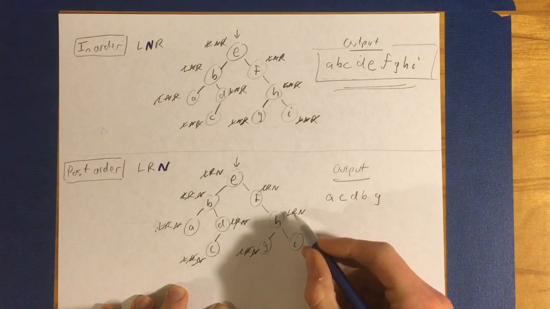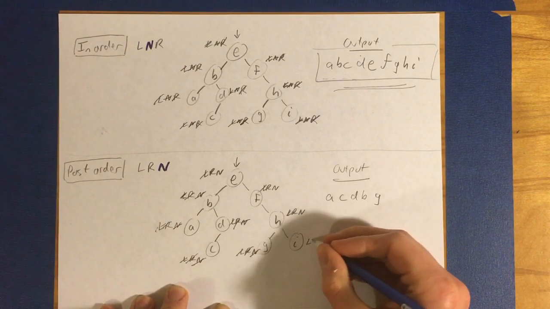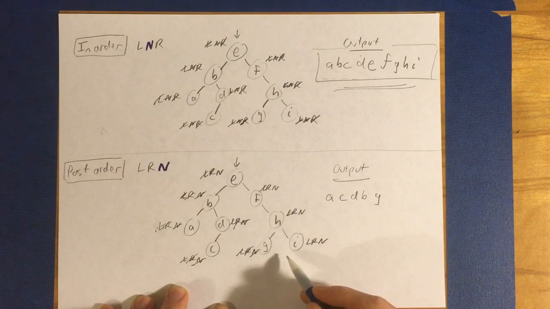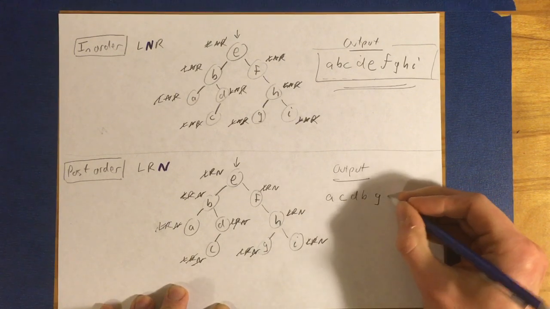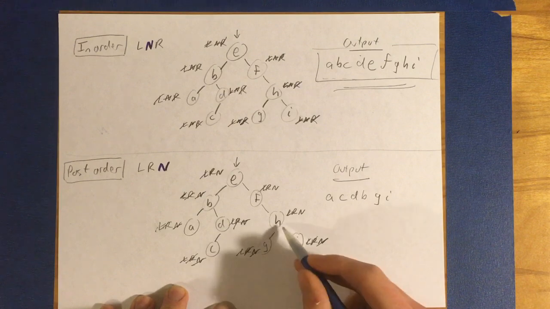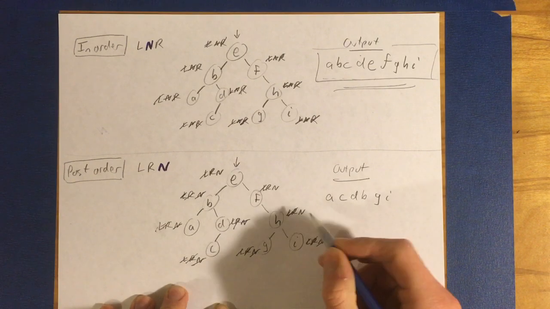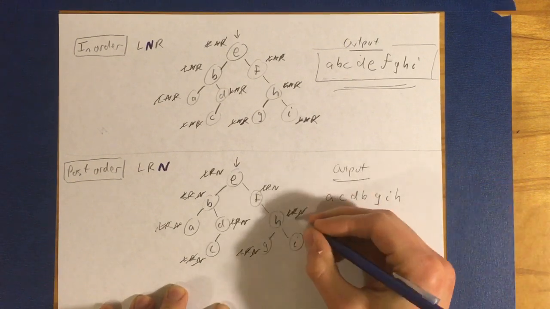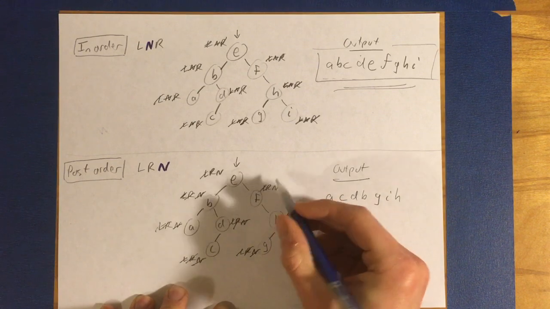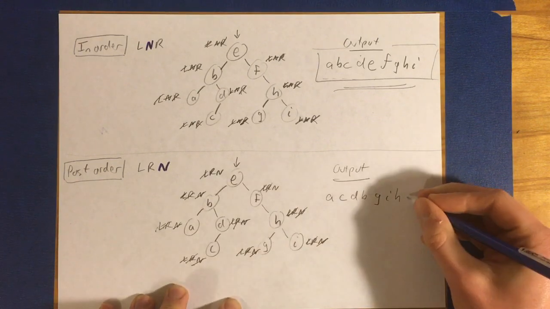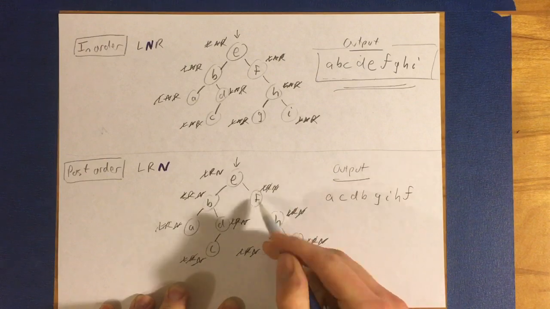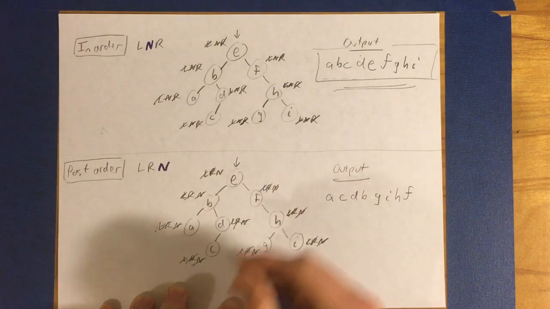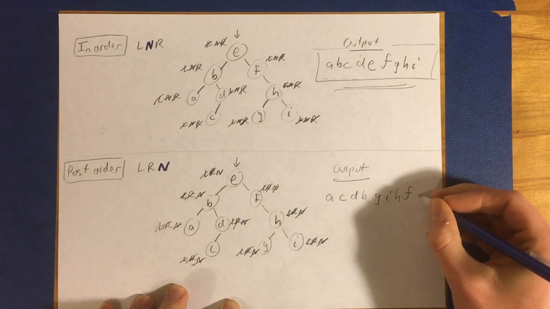It returns to H. H is done going left, but then it goes right. I can't go left or right, so it prints itself. It's done. It returns to H. Done going right, so now H prints itself. H returns to F, which is now done visiting its right child, so it prints itself. F returns to E, which is now done visiting its right child, so finally,